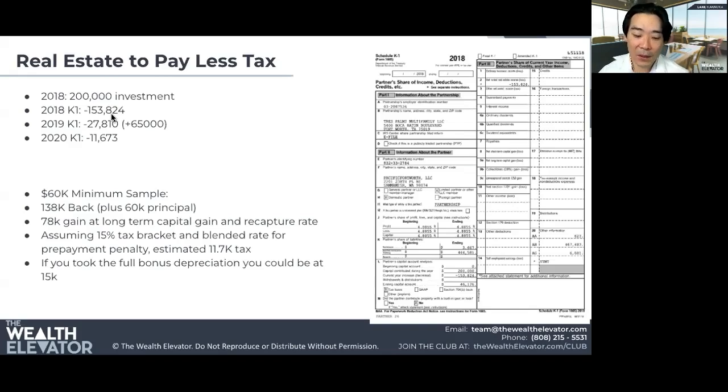And again, the problem here with CPAs is most of them don't do this themselves. They're just investing in stocks, bonds, mutual funds, traditional investments where they don't even get any passive losses. So what we find is most people that come into our world, most of them need to change their CPAs because their CPAs just, quite frankly, don't understand this stuff. Sometimes it's funny. People want to hold on to their old CPAs, but then their CPAs say, no, you can't do this stuff. But then we tell them, just have them put it into the same tax software, which is more of the commercial version of TurboTax run by Intuit.